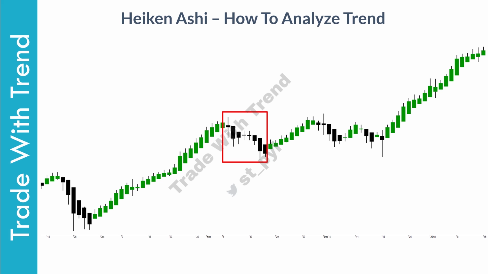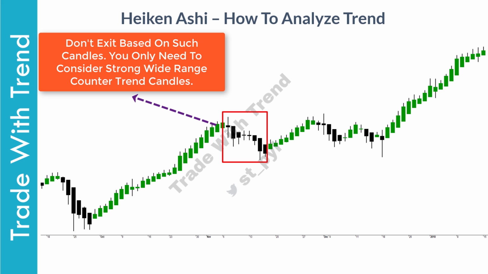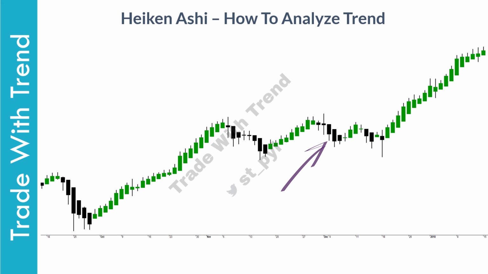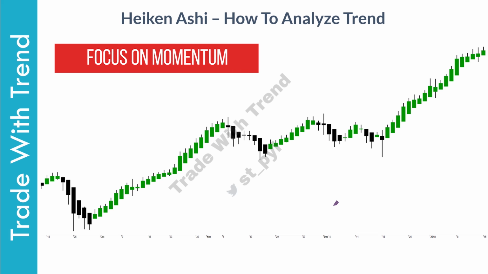One common mistake is to exit positions at this point as bearish candles begin to show up. Look at the range of these candles. Apart from these two candles, all candles are small in range. Even these two candles have had no confirmation after they appeared. This clearly reflects lack of momentum on the downside. If you look at these two candles, these appear as initiation candles on the downside, but again there is no confirmation. We again get a long tail bearish candle at this point, which suggests demand in price. Price then moves higher in the direction of trend.